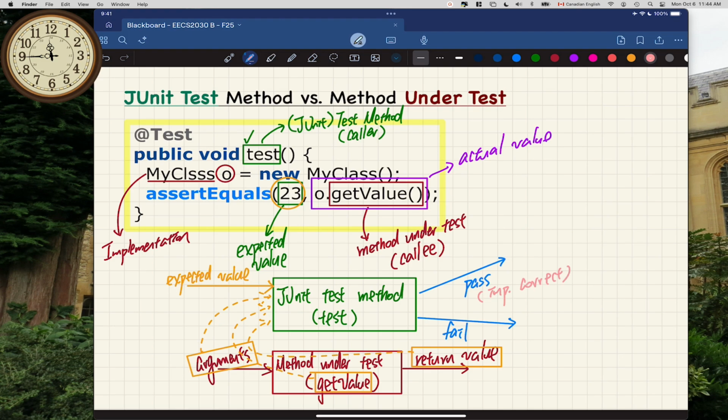When you fail, that means your implementation is incorrect. It is so important for you to distinguish between testing and implementing. These are two different tasks, right? Although sometimes in reality, the implementer and the tester might be the same person, that's okay, but they are different